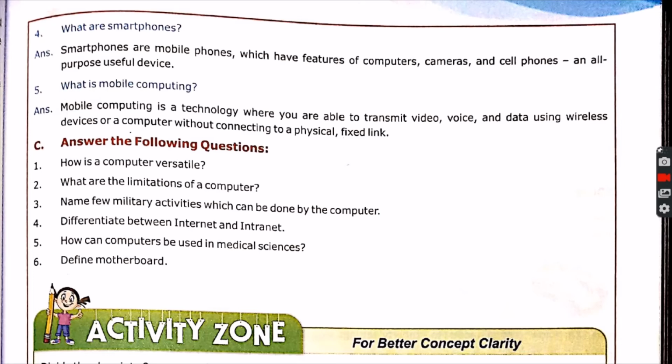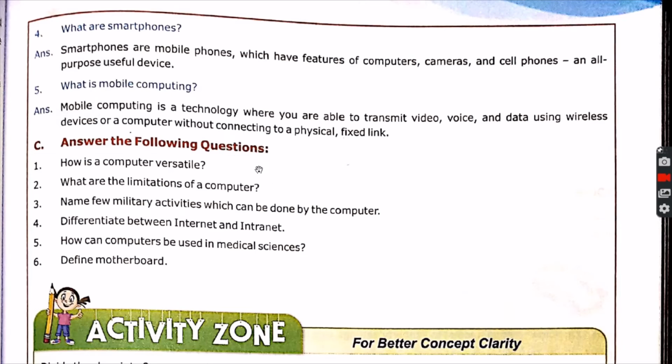That is, it is able to provide account facilities in a bank. It is able to do some treatment in the hospital. With the help of computers we are able to run vehicles, automobiles, companies, and many more. You can see on the web pages what the different uses and applications of computers are and how computers are versatile, and you have to write the answer in that way.